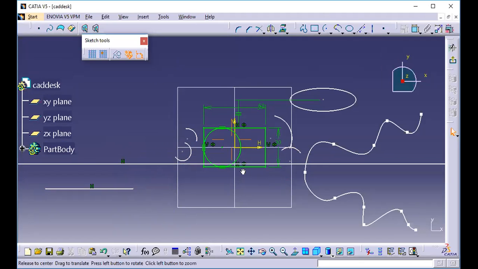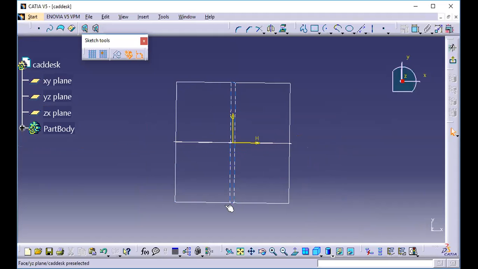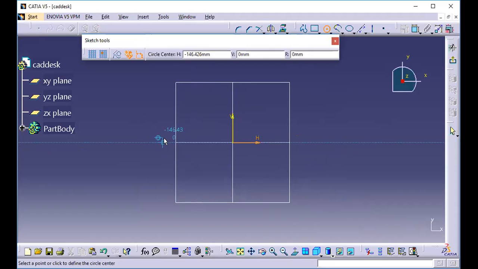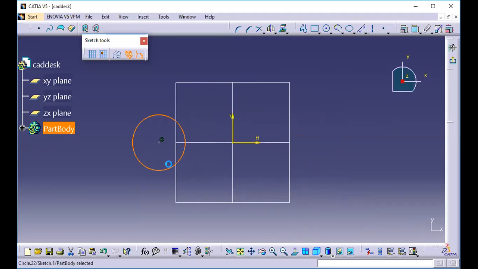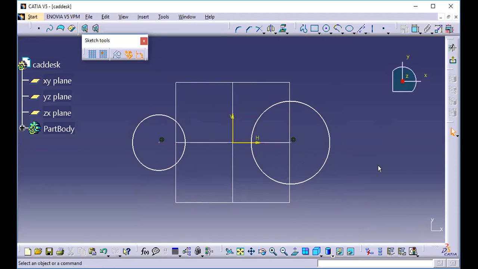Okay, let me delete all this. I'm clicking on the normal tool. I'm drawing two circles over here now. I will go for circle, and I will click on the other circle. Okay.